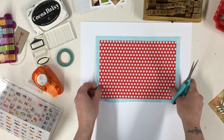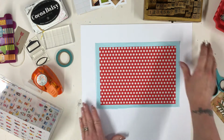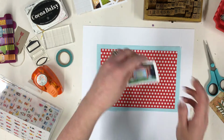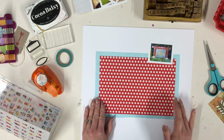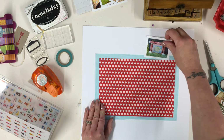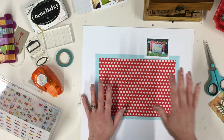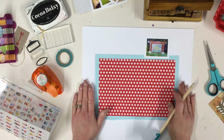Now, before I stick this down, I also want to add some paint to my page. I want to add a green border. I do want to use this as part of my title, so I need to make sure that I can fit this in. So that needs to be about here. So what I tend to do when I need to make sure that something's fitted in,